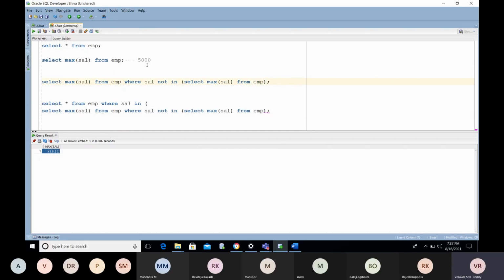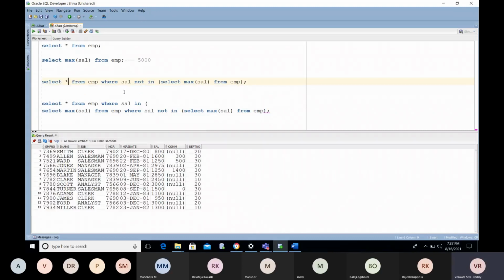And one more thing. Now we get the maximum salary of 5,000. Who is getting this salary? You are not able to return that data.